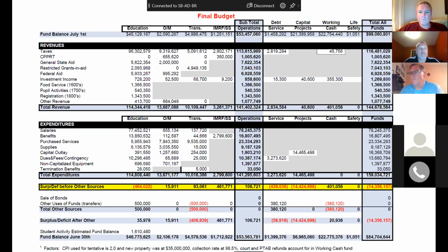But the other thing you'll see, if you follow just below that yellow line, there's a $500,000 transfer reflected there. And you can see that the education fund had about a $464,000 deficit. Because of the fund balance to expense ratio in the transportation fund, which was better than the ed fund, we're taking money from the transportation fund and balancing it out to cover that deficit in the ed fund, and create one actually in transportation intentionally to bring that fund balance down a little bit. So it just brings the funds in line more, to be more comparable with our overall